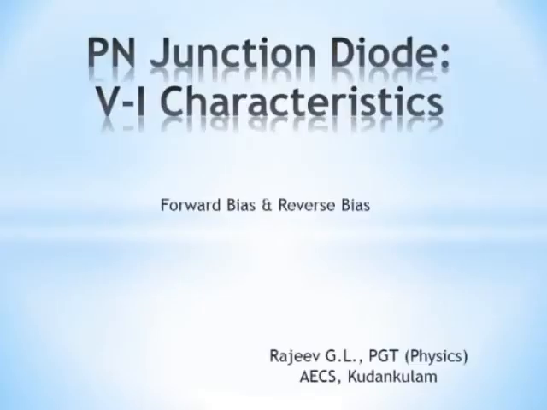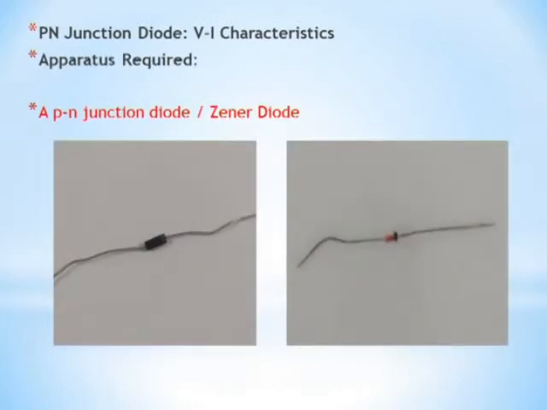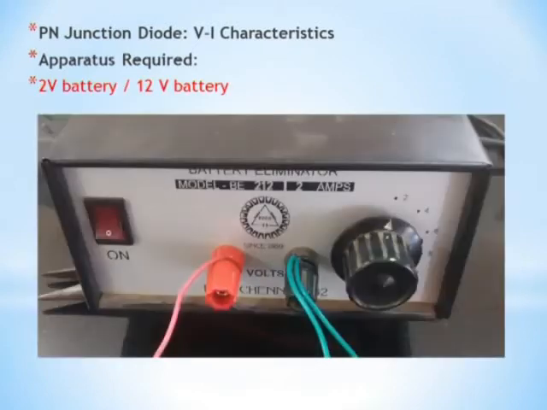Hello children, today's experiment is PN junction diode voltage current characteristics. The symbol and the graph are shown here. Apparatus required: two diodes, one ordinary diode and one Zener diode, and a battery which can give 2 volt to 12